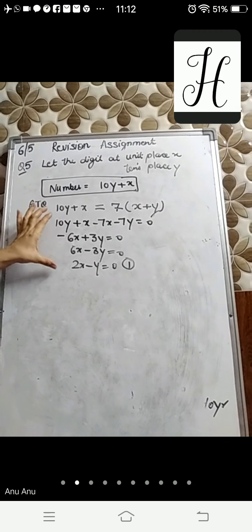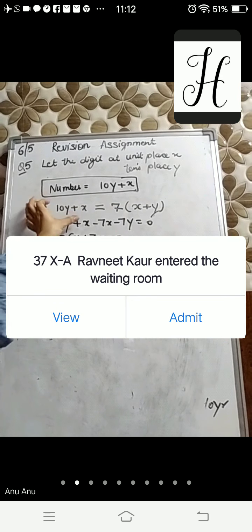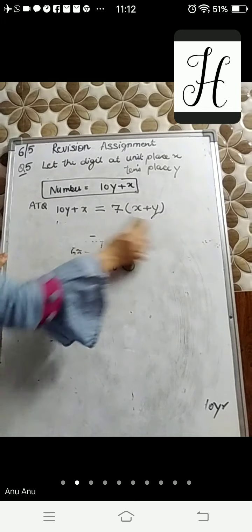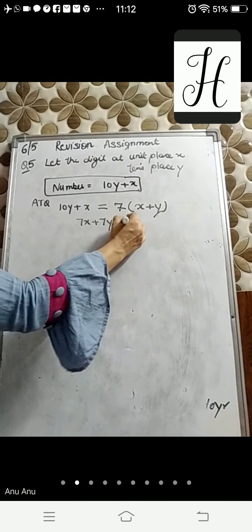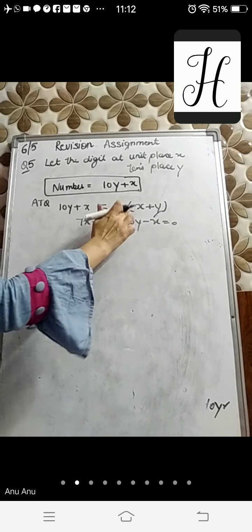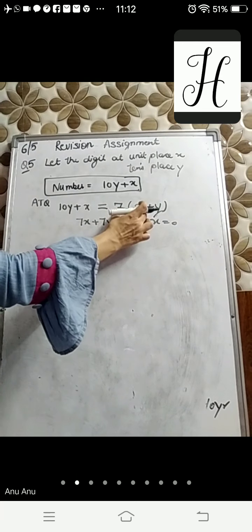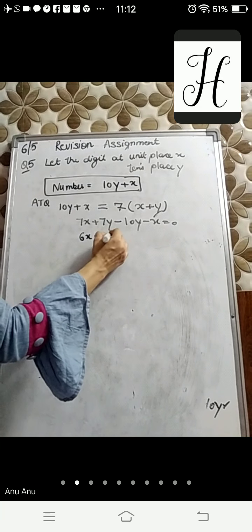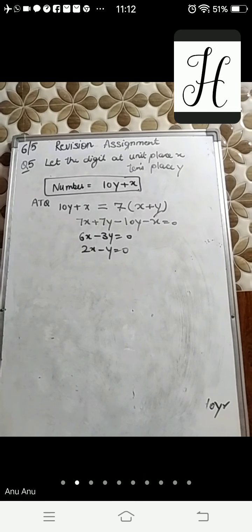बच्चे मैंने बिना देखे ही कर दिया, बिना सोचे, लेकिन आपने क्या करना है, जिस तरफ आपको x बड़ा दिखाई देता है ना, आप इसको उस साइड पे शिफ्ट करना, आपको इतने स्टेप्स नहीं करने पड़ेंगे। अगर आप ये चीज का ध्यान रखते हो ना तो आपका टाइम सेव होगा। देखो कैसे, 7x प्लस 7y माइनस 10y माइनस x, यहाँ पे x की वैल्यू ग्रेटर थी ना, यहाँ पे x है, यहाँ 7x है, तो ऑब्वियसली 7x इज ग्रेटर, तो शिफ्ट दिस टर्म ऑन द अनदर साइड, दिस विल गिव यू 6x माइनस 3y, टेक कॉमन, तो आपका एक स्टेप यहाँ से सेव हो जाएगा। वहां पे 4 स्टेप आ रहे थे, यहाँ पे एक लेस आ रहा है।